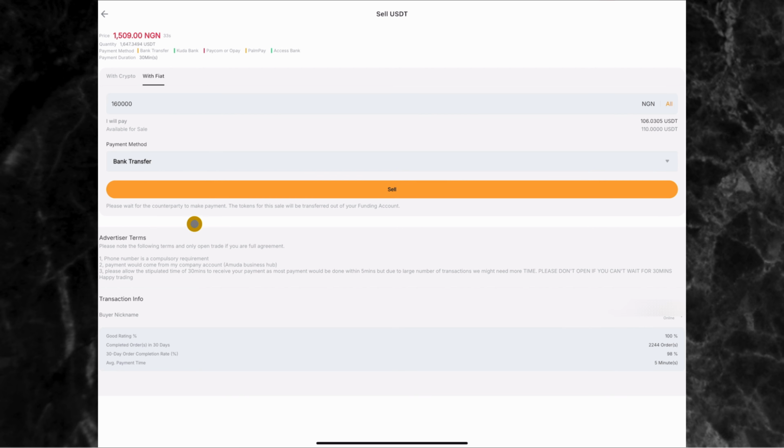So once you've entered your bank account details, before you click on sell, come here to where you have advertiser terms and read all the terms and conditions of the person you are trying to trade with. You can see the first term is that phone number is a compulsory requirement. So this means that if you want to trade with this person, you must drop your phone number for this